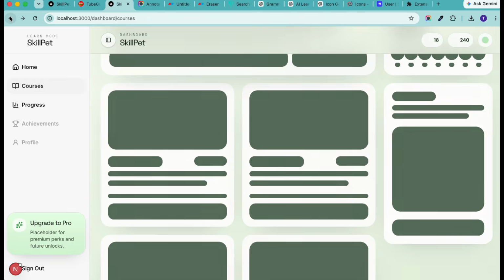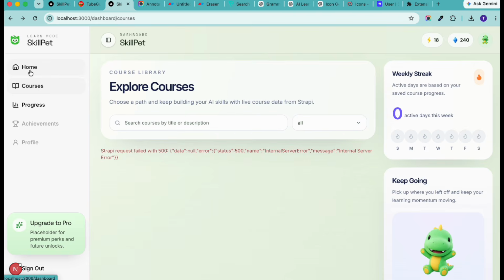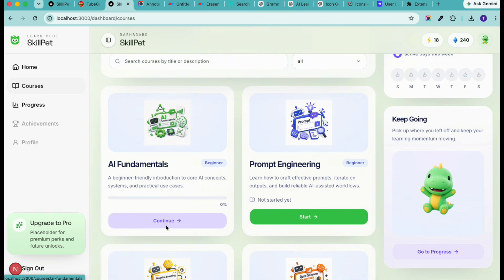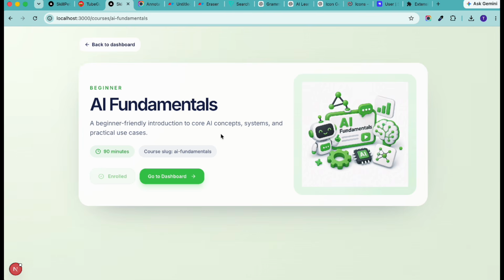Now on the click of any course, we want to navigate to the course detail page. For example, if I click continue, it should navigate to the course detail page where we want to show the course basic information along with all the chapters included in that particular course. So the idea is